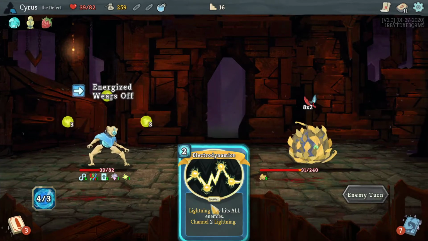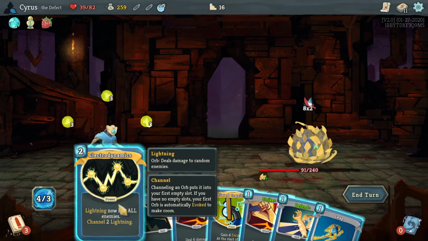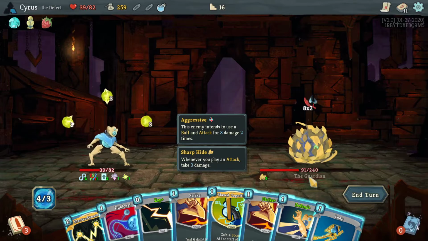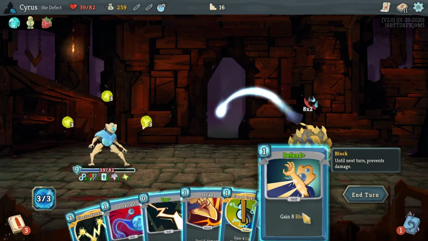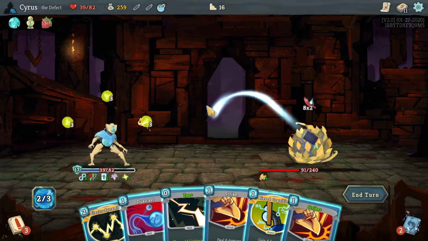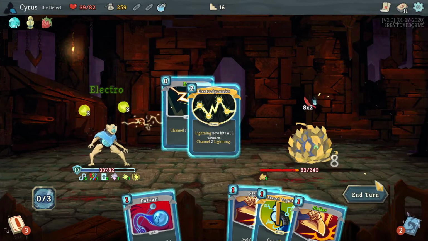damage. This one's a good one if it wasn't just one enemy, although it does channel 2 lightning, which is pretty awesome. It essentially lets my lightning, every time it strikes, hit multiple enemies, which is really cool. But he's going to be hitting for 16, so my main focus right now is making sure that